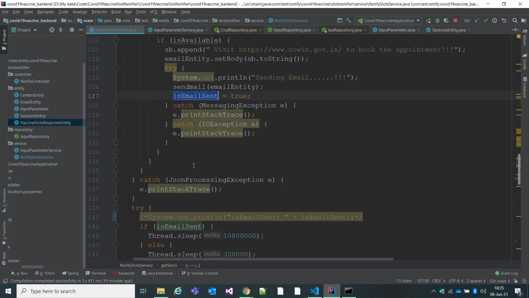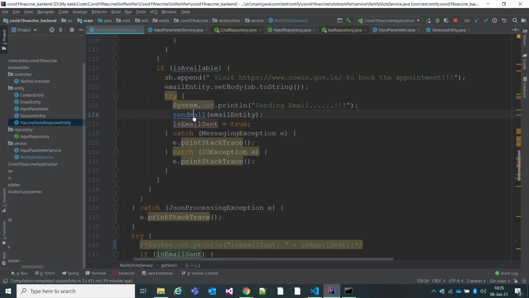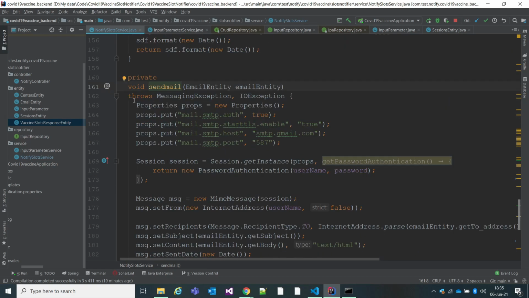What is this? Come down, you'll go to the send email method. In the send email method I have created some properties, where I'm adding SMTP authentication, host, port, and whether TLS is enabled or not.